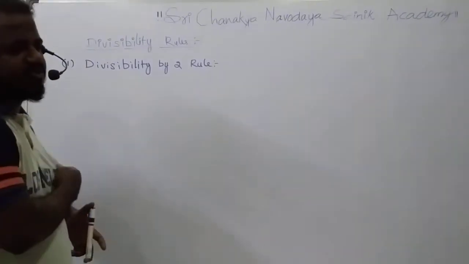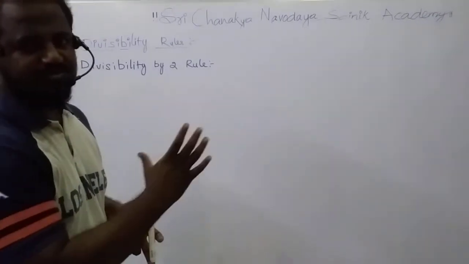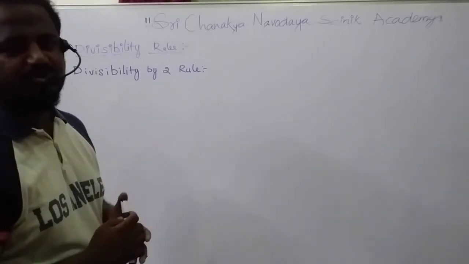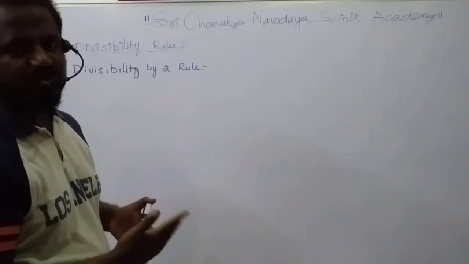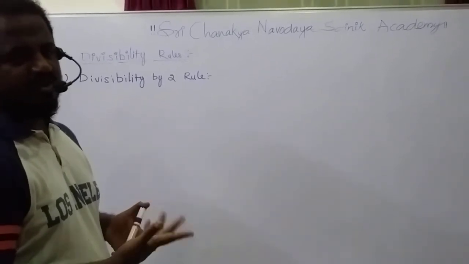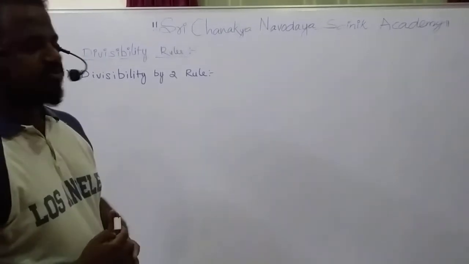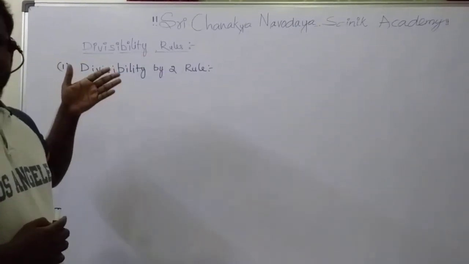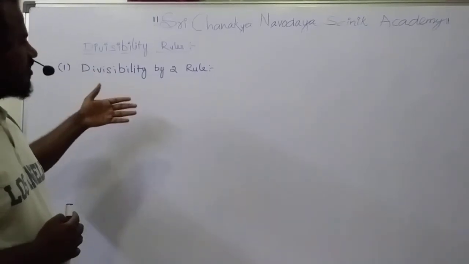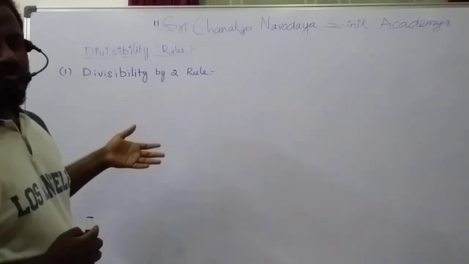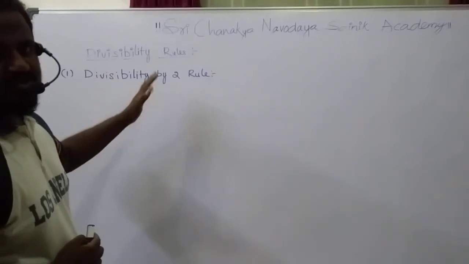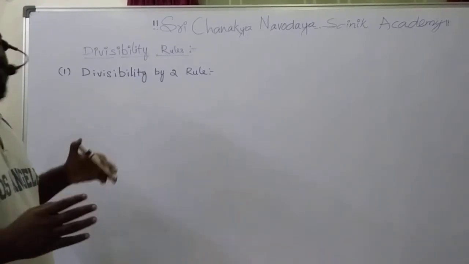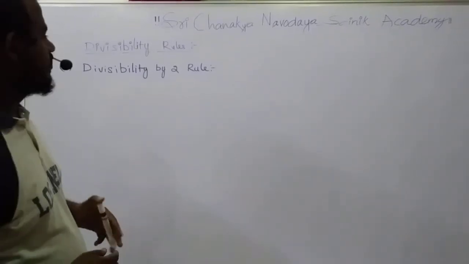Generally in examinations, in the question one number will be given and we will be asked to check whether the given number is divisible by either 2 or 3 or 4 or 5, 6, 7, 8, 9, 10, 11, like that. So we have some divisibility rules: divisibility by 2, divisibility by 3. We have different rules with some criteria to check whether the given number is divisible by 2 or 3 or 4 or 5 or 6. So we'll see what the divisibility rules are.